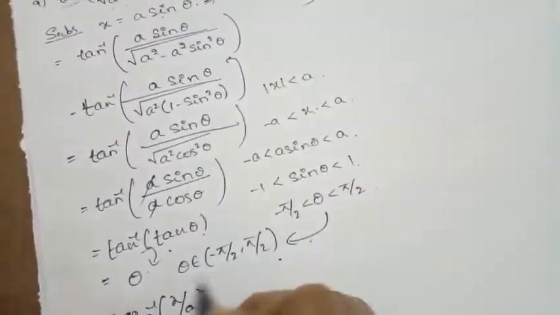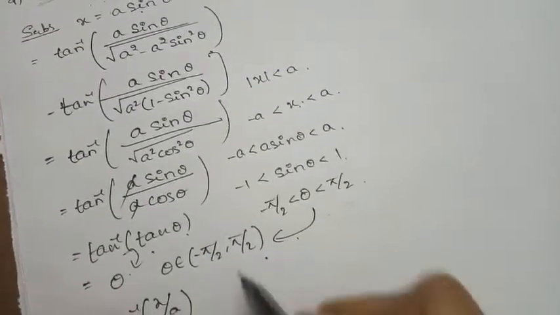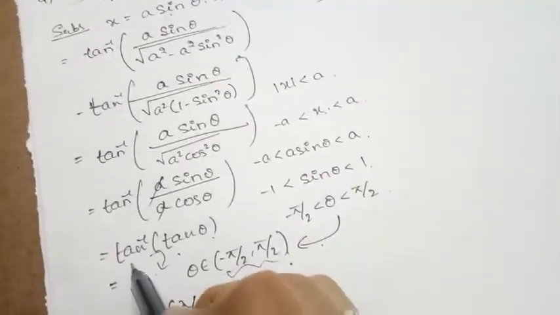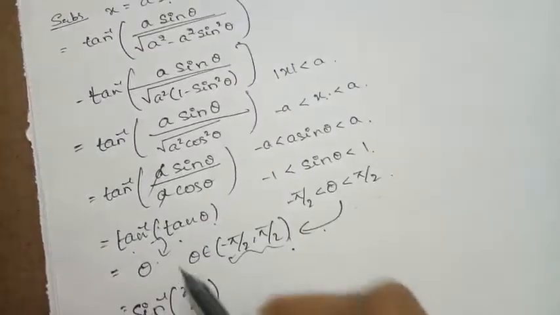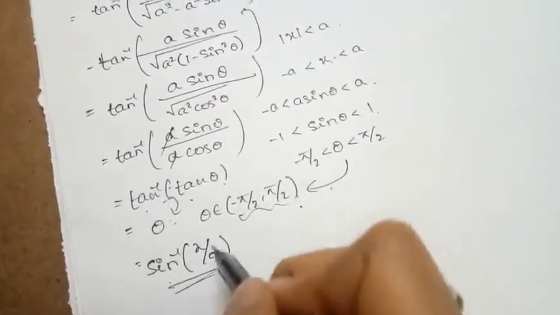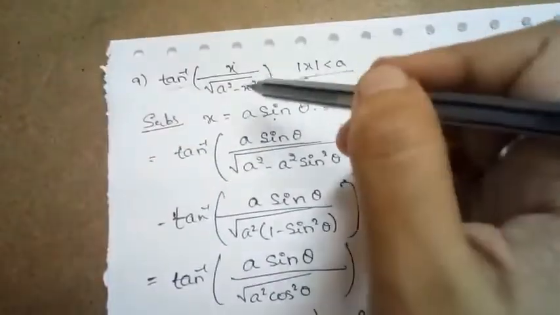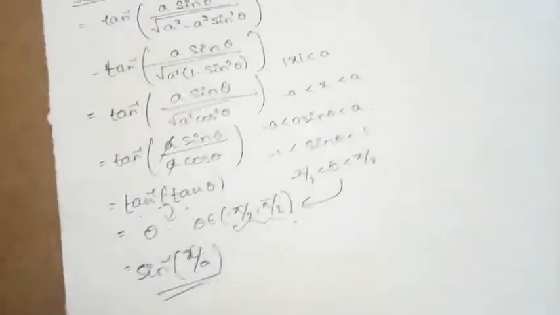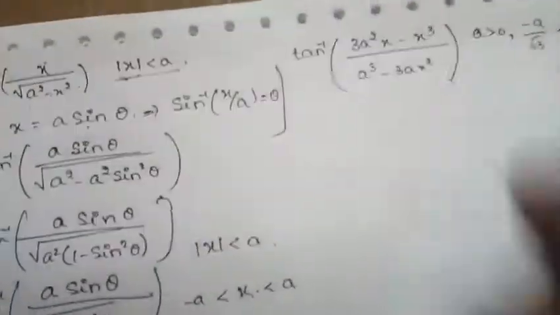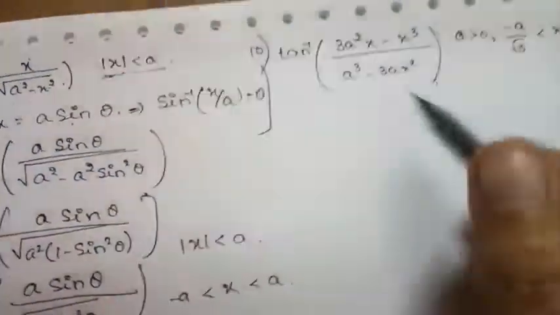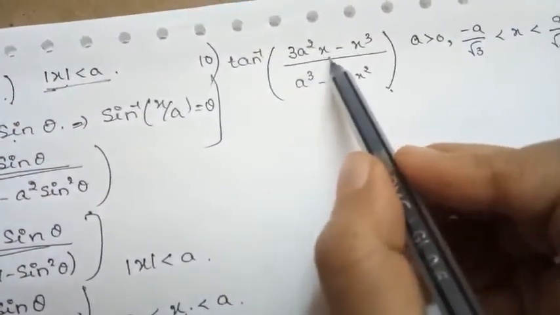So clearly our theta is belonging to within this principal value branch. So we can write tan inverse of tan theta is equal to theta, where theta is nothing but sine inverse of x by a. So this is how we have simplified the given question, or brought the given question into the simplest form. So similarly, let us move to the next question, that is